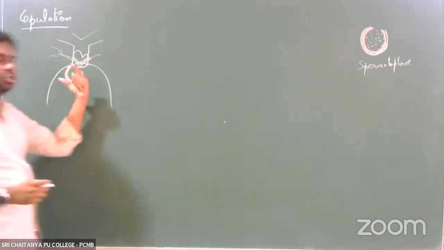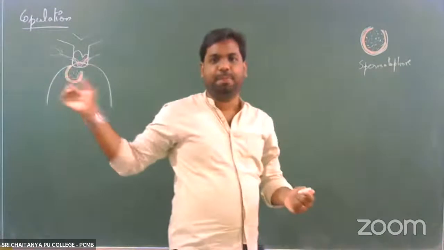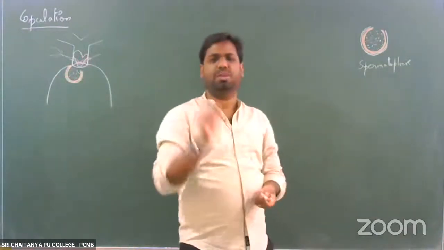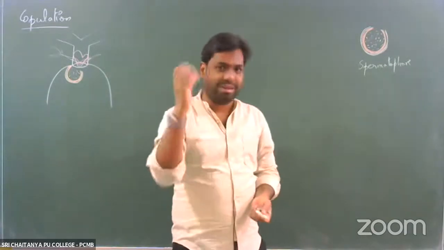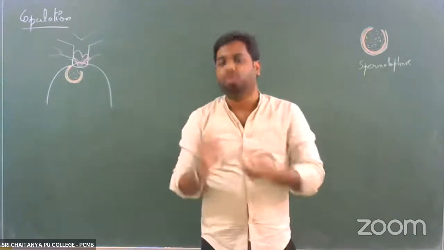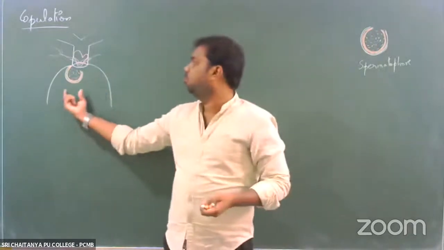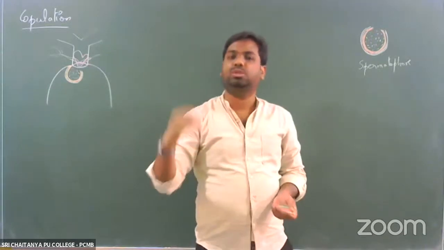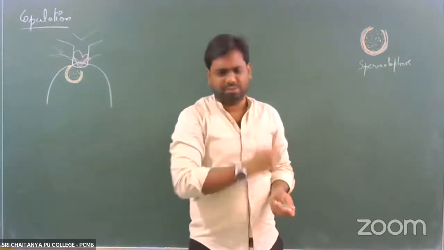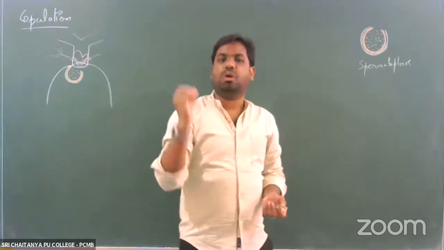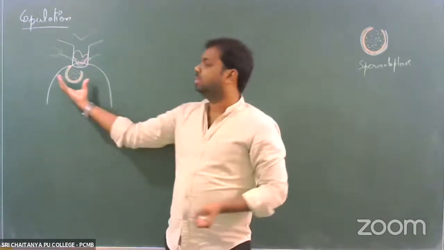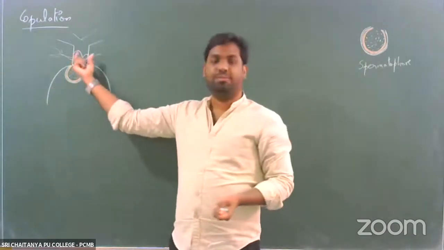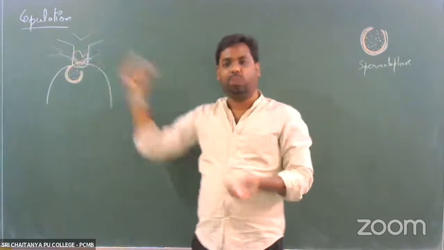Once they attach to the opening of the spermatheca, you remember one more gland we spoke about when we were talking about the male reproductive system, which is called the phallic gland. I told you one large gland called the phallic gland is present right behind the mushroom gland. Once the spermatophore comes to this position, the phallic gland will start giving out its secretion. I told you what the function of that secretion is. The secretions of the phallic gland would start hardening this structure.